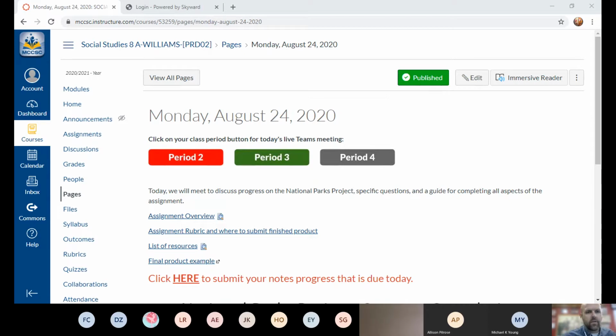Locate images and maps related to your park. Be sure to know what is specifically being shown in the image or map so that you can provide a label in your finished product. Okay. So again, if you look at the finished product example,